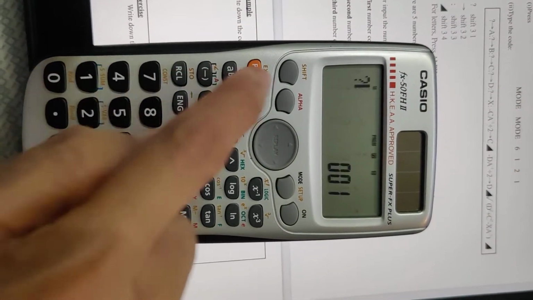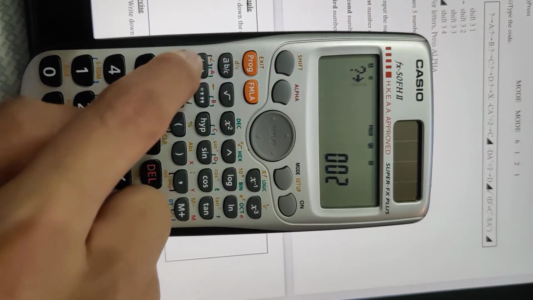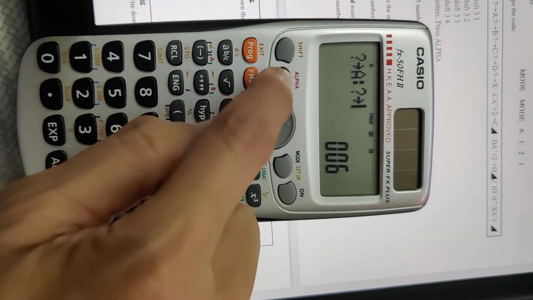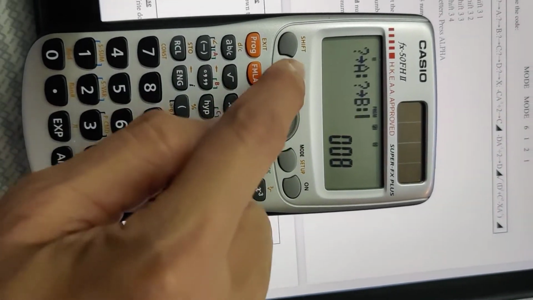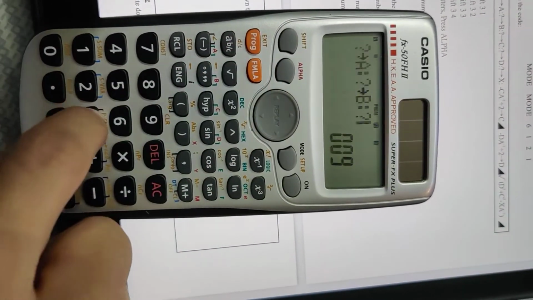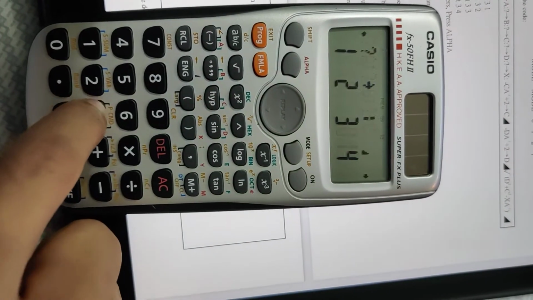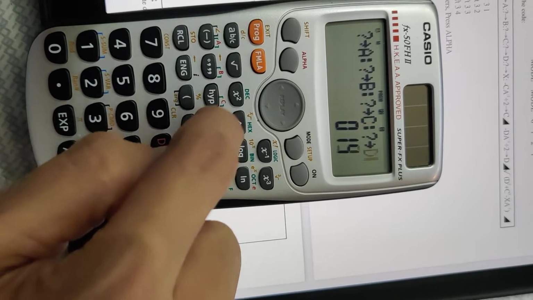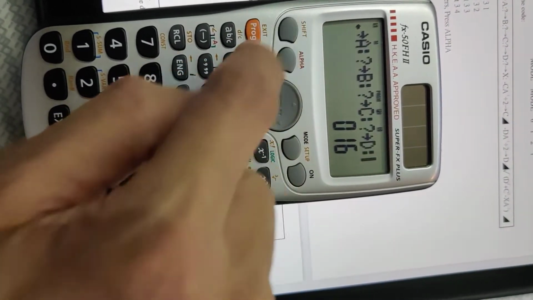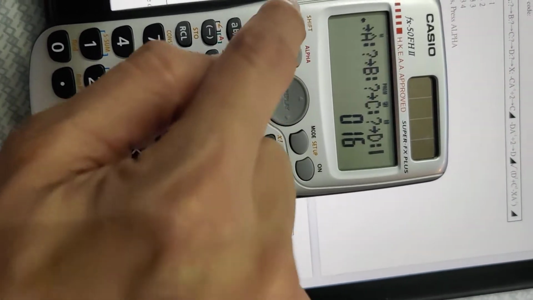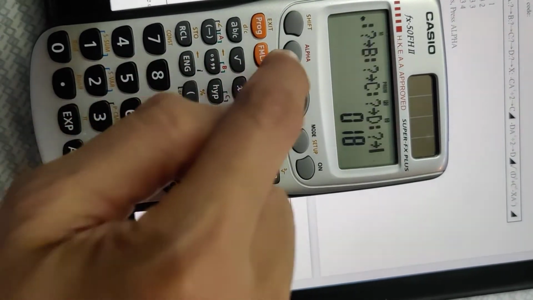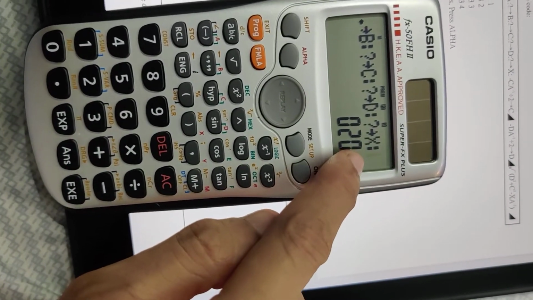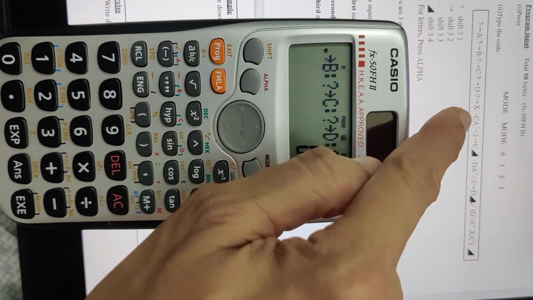So shift 3 1, shift 3 2, alpha A, shift 3 3, shift 3 1, shift 3 2, alpha B, shift 3 3, shift 3 1, shift 3 2, alpha C, shift 3 3, shift 3 1, shift 3 2, alpha D, shift 3 3, shift 3 1, shift 3 2, alpha X, shift 3 3. So until now we should have 20 steps, so that's until there, and then now we're going to start out with